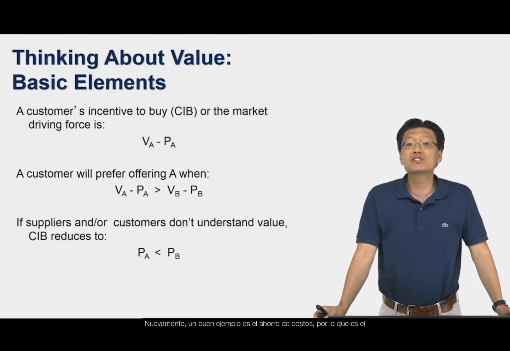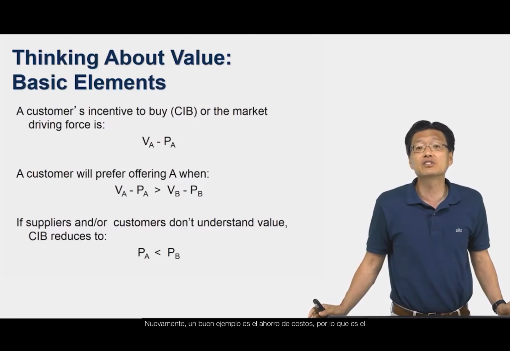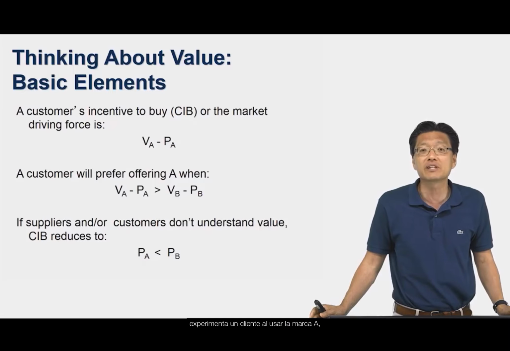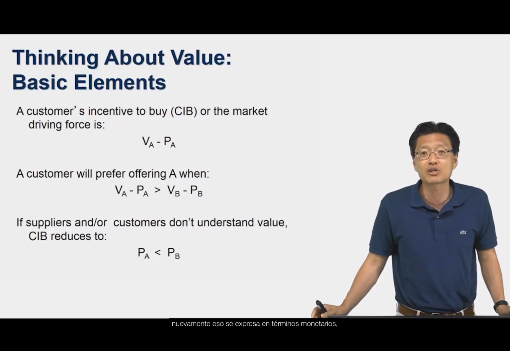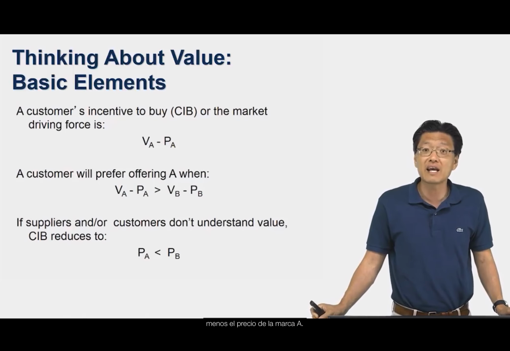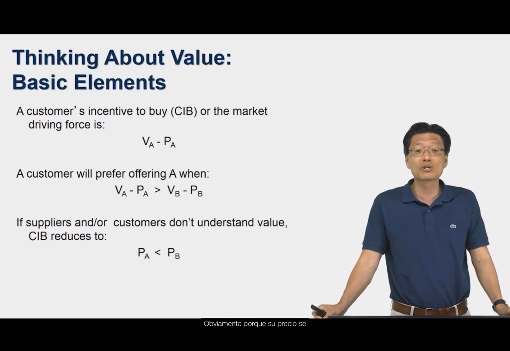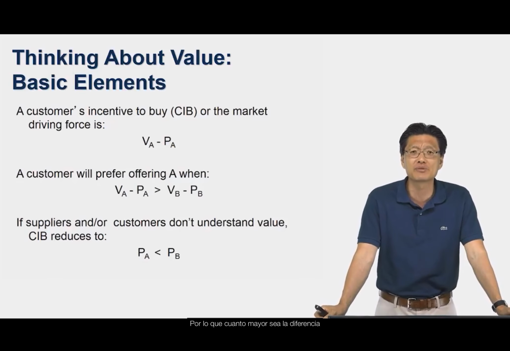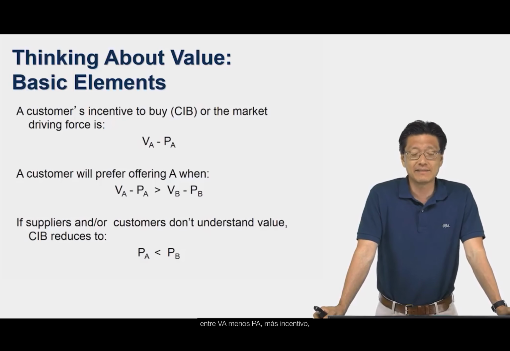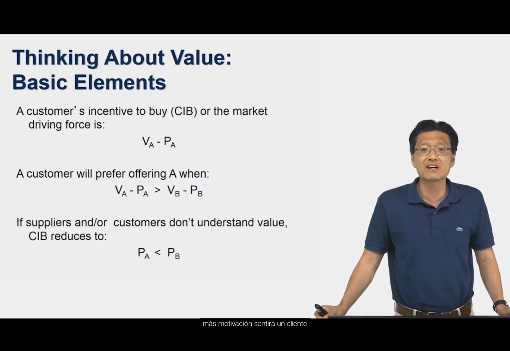A good example is cost saving. So it's the cost saving, the economic value that a customer experiences by using brand A, expressed in monetary terms, minus the price of brand A. Obviously, because it's priced, that's also expressed in monetary terms. So the greater the difference between VA minus PA, the more incentive, the more motivation that a customer will feel